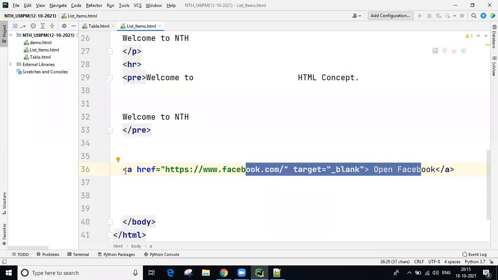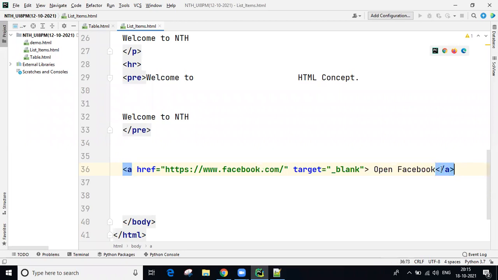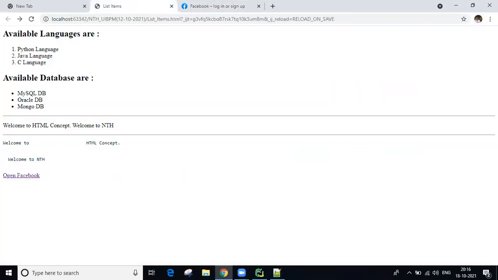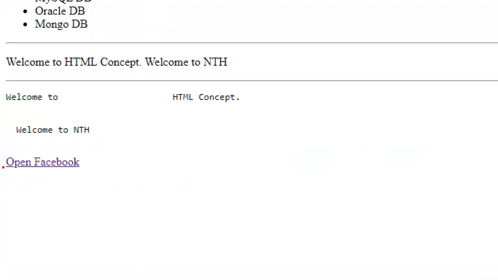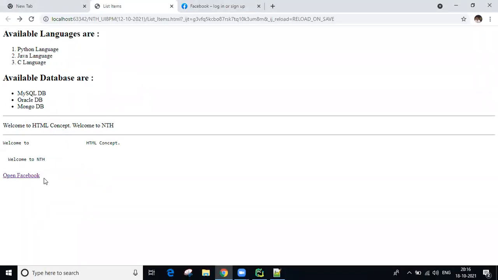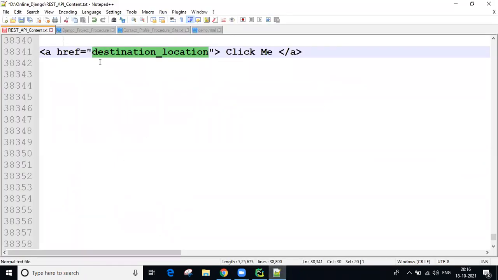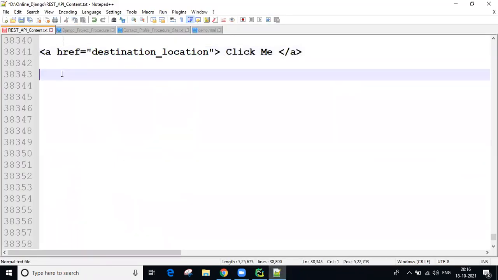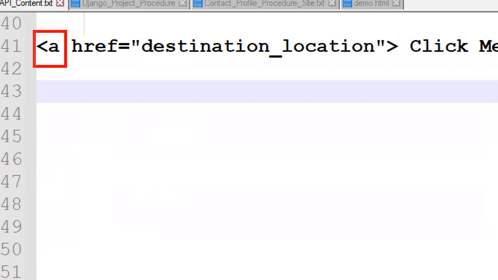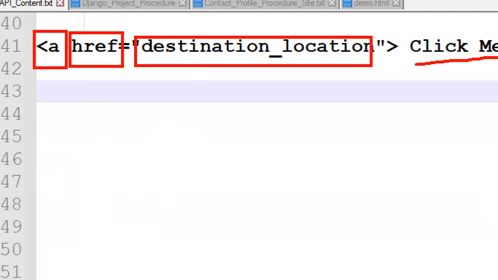This is the open tag, and a close tag is also required. Remember, the close tag should also be there. By default you are going to get an underline on the link, guys. If you don't want this underline, we can remove it using CSS. Later we will do it; we will use it many times. Don't worry. So next concept, guys, is also links related. Right now I explained how to create links using the anchor element followed by href, the required link and the display content.